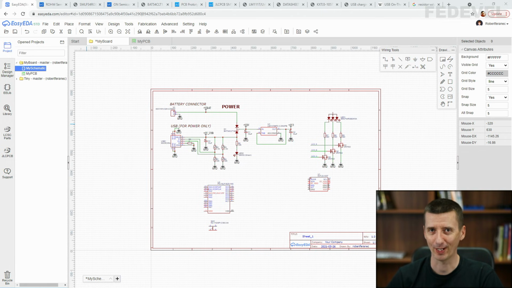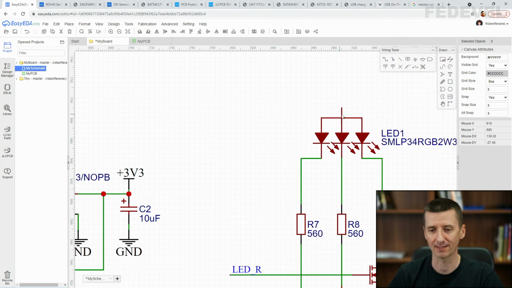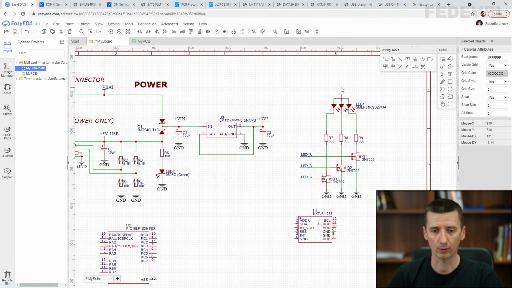Now, my question to you is where to connect this pin of the LED. Do you know? We could connect it to the battery voltage, or this USB voltage, or to plus V in, or 3.3 volts. What would be the best way to connect this? We don't want to connect it to the battery or USB, because then it would only work when the battery would be connected or when the USB power would be connected.